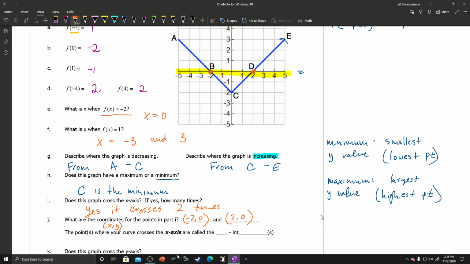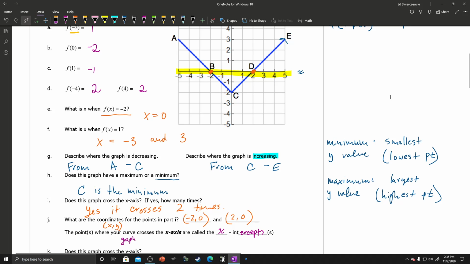So we're going to define this as a math vocabulary word, right? The points where your curve or graph crosses the x-axis are called the x-intercepts. Right? And similarly,